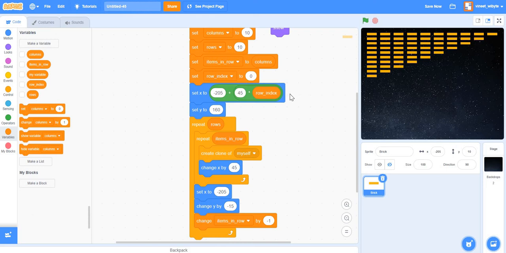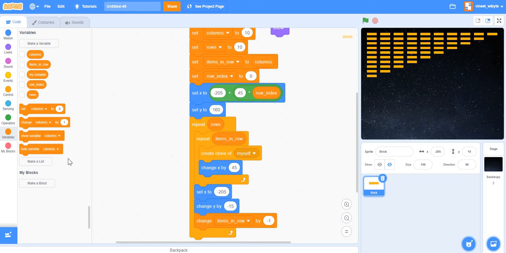However, if I keep track of the row index, after finishing one row, if I increase the row index by 1 and again set my x to this value, then when the sprite comes back, instead of going to minus 205, it will go to minus 205 plus 45.